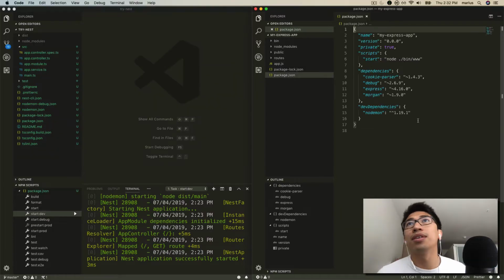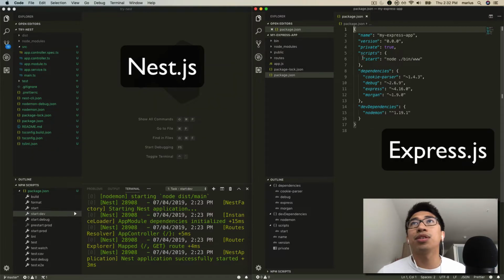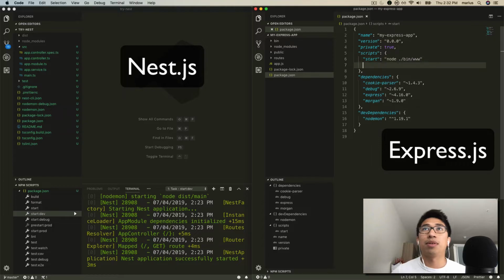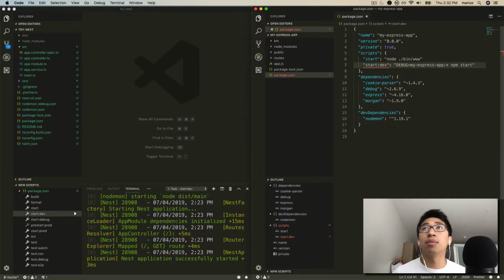Anyways, it has a basic start script, but they don't have a dev script right off the bat like the other one does. Let's just copy that format, start dev, and they had that. Remember, I took that from the terminal. They said specify the debug flag, npm start, and then I'm actually gonna replace this with